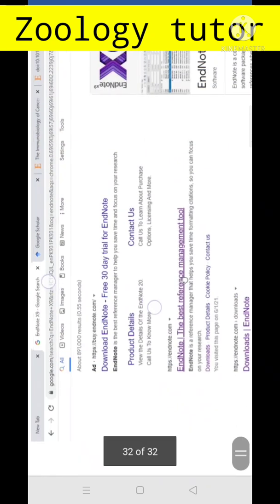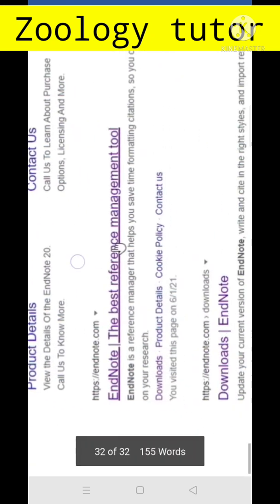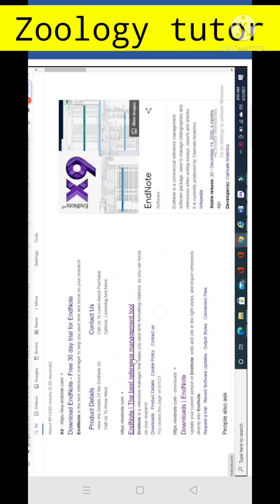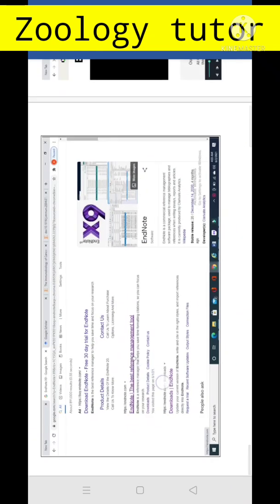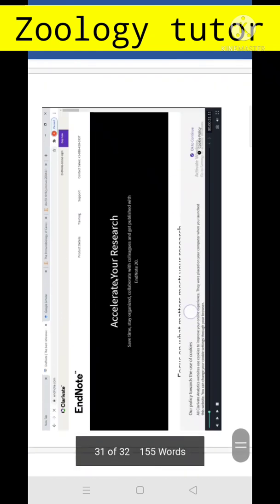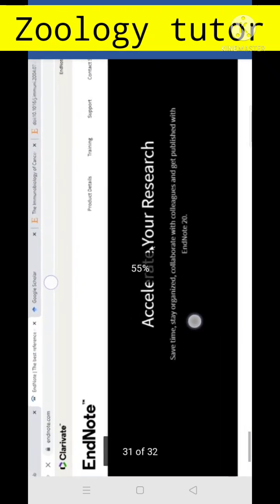Now you have to open the search bar, for example Google Scholar, and type EndNote in the search box. Now here you will see EndNote, the best reference management tool option. You can click on the download button as shown here, or you can just click on the EndNote site, and then you will scroll down till you see the download option. This will open in a new tab.